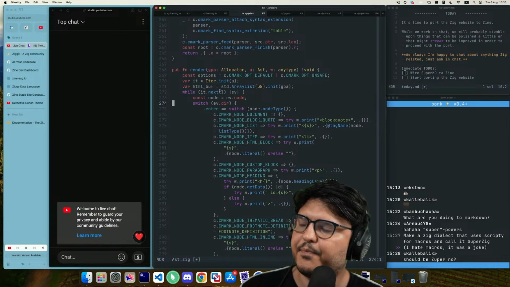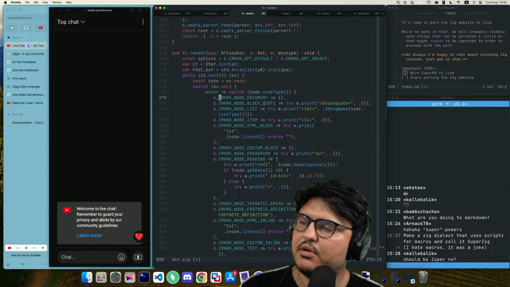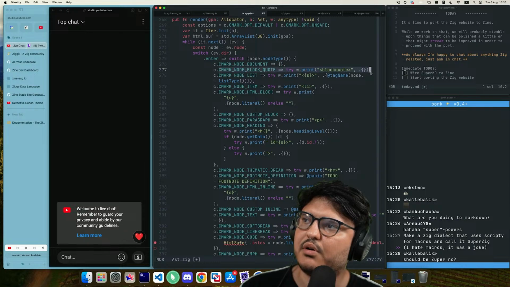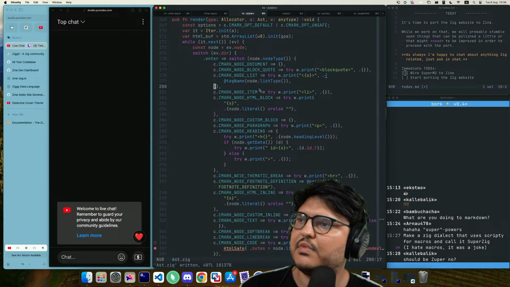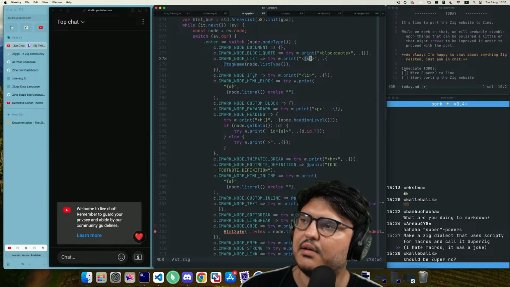Okay, so let's look at the code more in general. We enter a document, we do nothing. Fine. We enter a block quote, we print a block quote. We enter a node list, I guess we print S based on list type. Fine.